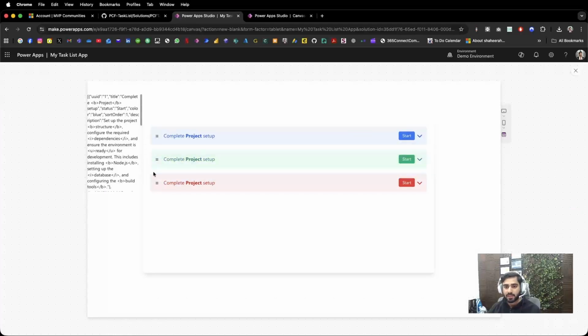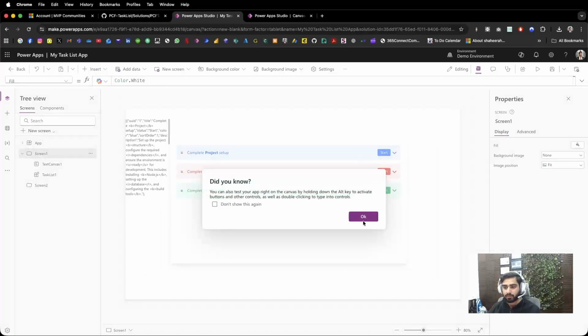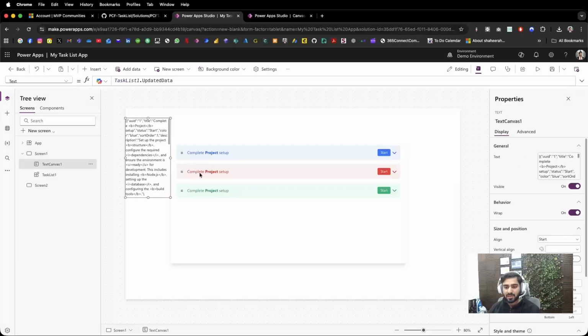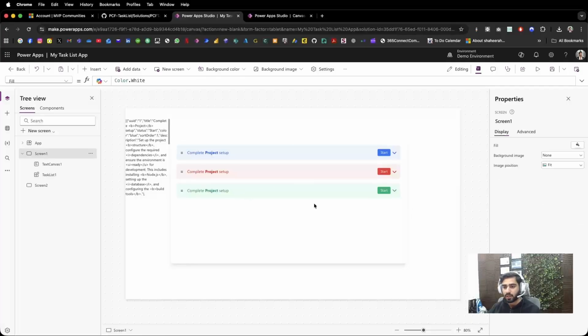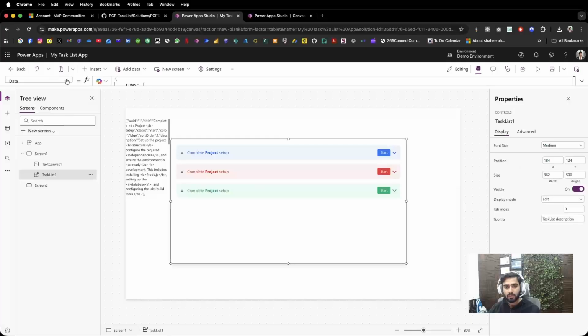Whenever we change the sort order, you can see that the output is also changing. In order to patch that, we need to parse this on the onChange property and then patch it to our data source. In order to patch it, we'll need to type a simple formula on the onChange property of the control,